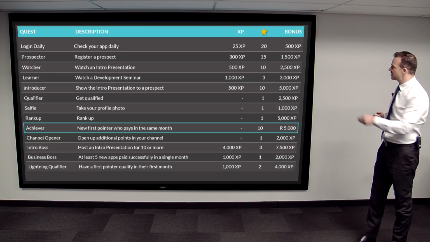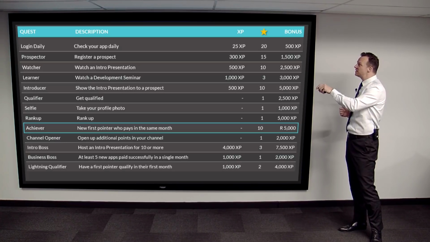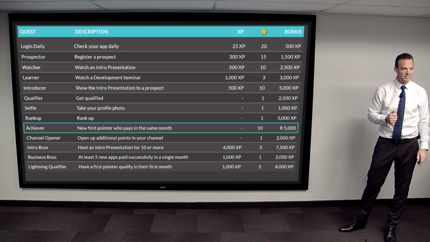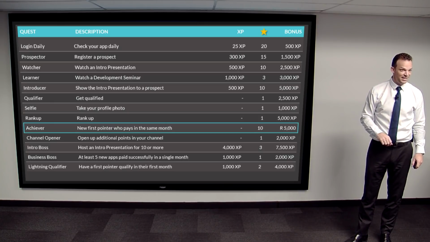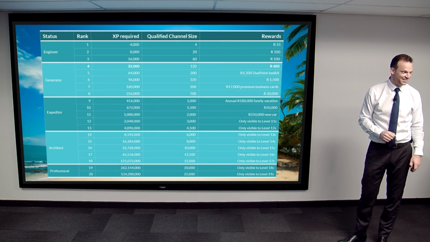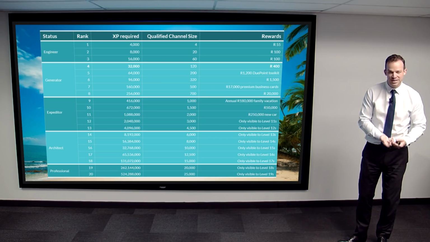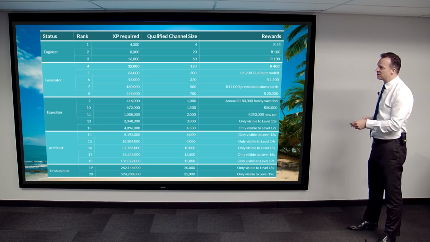And there are stars. So when you reach milestones in your quests, so here it says check your app daily. You get 25 XP every time you check your app daily. When you've done this 20 times, we'll give you a bonus 500 XP for saying, well done, you got to the first tier, star number 1. There is 1 million XP available on a single quest in the XP Rewards program, right? So when you get to this period here, look at the requirement. 500 million XP you need to get to rank 20. But like I said, there's 1 million XP available. There's 50% bonus annually XP available every single year. So you'll get to that, don't worry. You can get to rank 9 fairly easily with regards to the XP requirement.